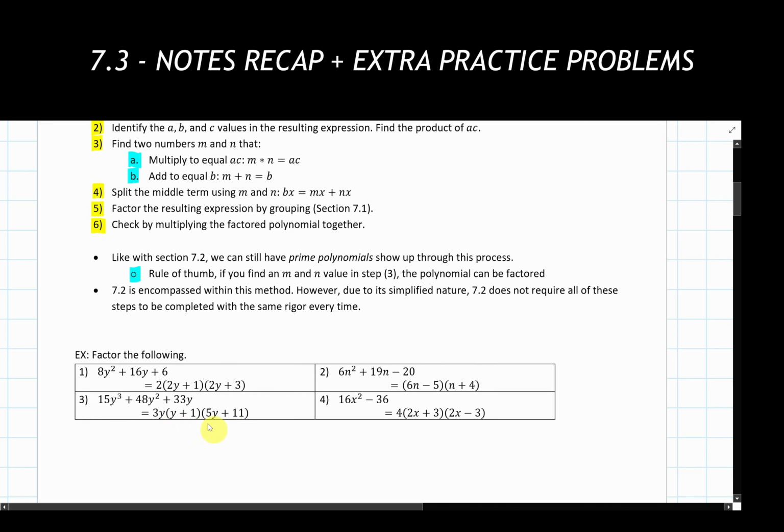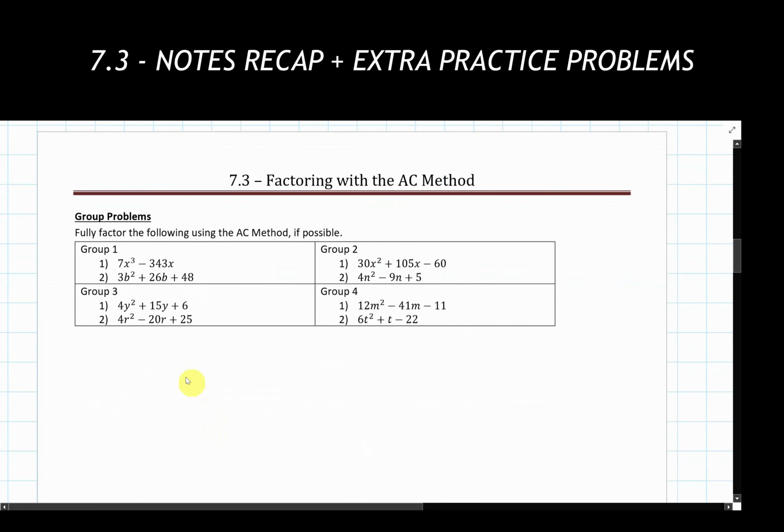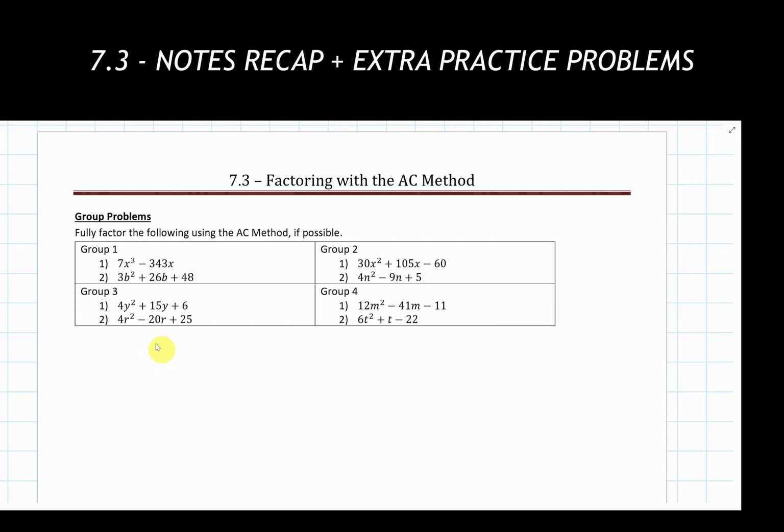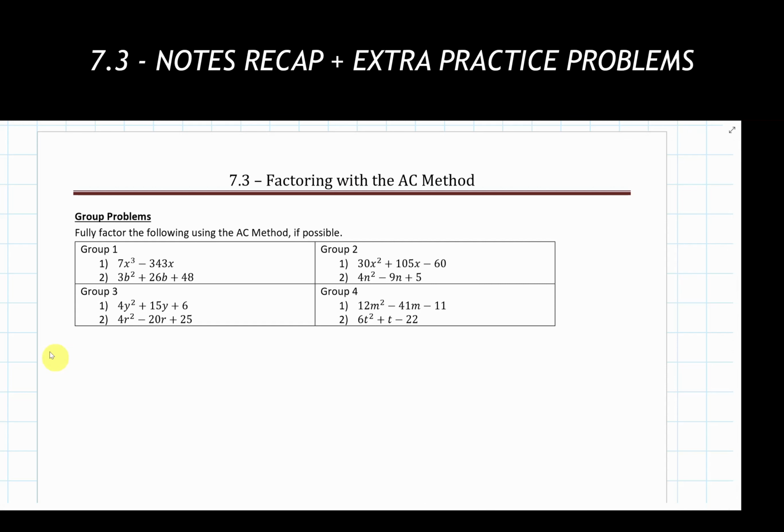And if you do want some other additional practice problems, I do have them listed right down here. If you need to, I'd pause the video here and try some of these examples for yourself. I am going to scroll down here shortly and I'll show you the answers so you can reference those on your own. But if necessary, I'd pause the video here, give yourself some time to work through these either by yourself or, hey, maybe with a group if you're doing this with someone else. But give these a try. Pause the video here as necessary. And then I'm going to scroll down here and give you the answers. Then that's everything for the AC method.